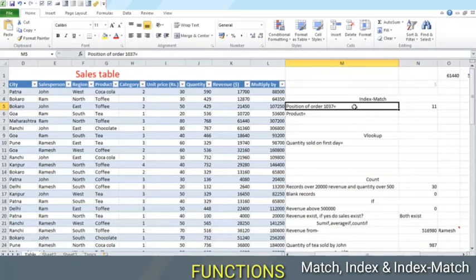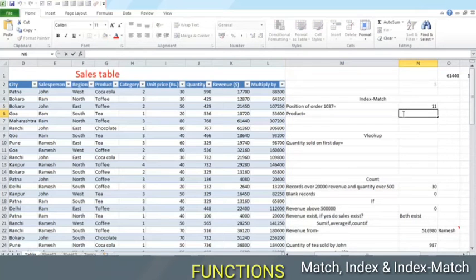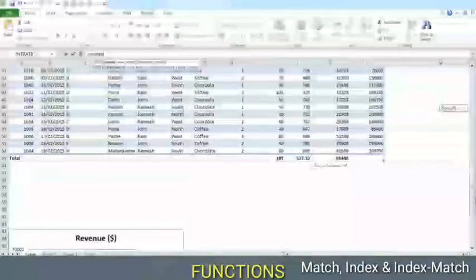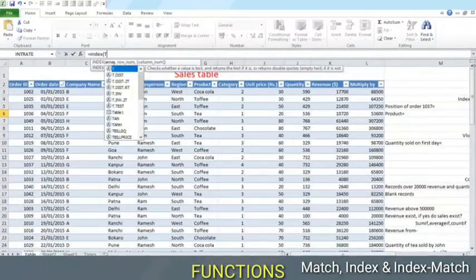Now the product which corresponds to 1037 can be found using the INDEX function. The INDEX function can get us the value at an intersection, which means if we tell the INDEX function which table we are looking in and then define the row and the column, it will find the value in that table, in that row, and in that column. Let us see here. When we write INDEX, it asks for the full table here. So we will have to select from A2. We can write colon L52 or simply write Table1.